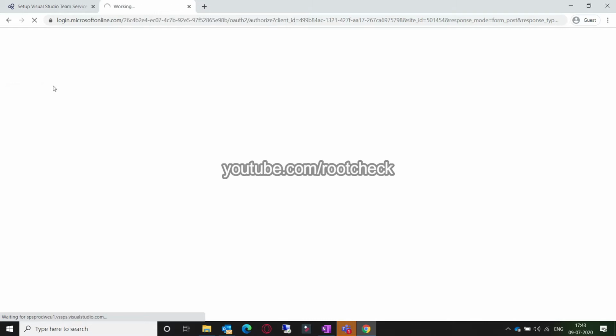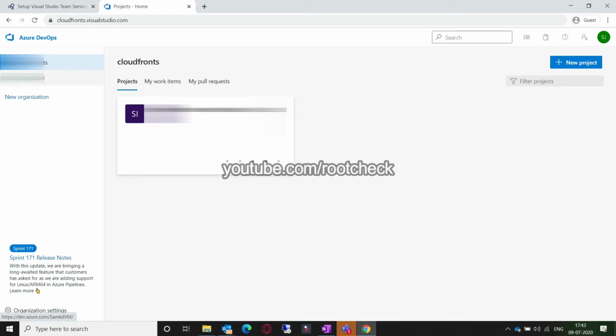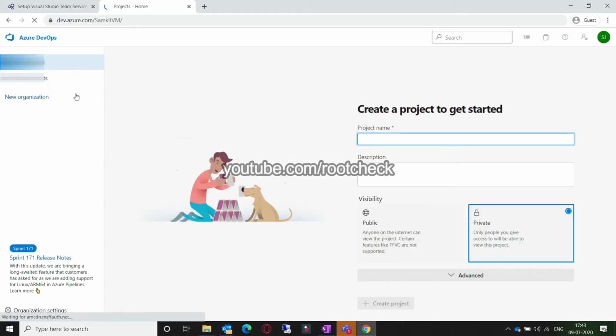After that you could see an option button as advanced. That button would be helpful for you to give the methodology and the rights for that project. So give the name as you want for this project and select the visibility for the project.